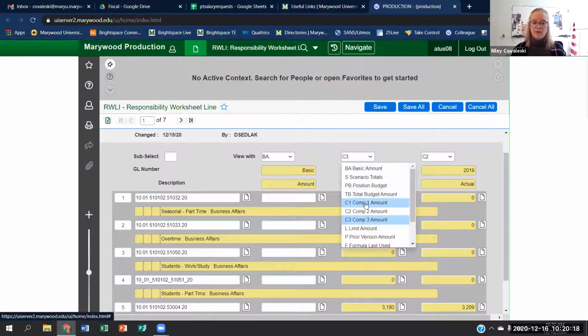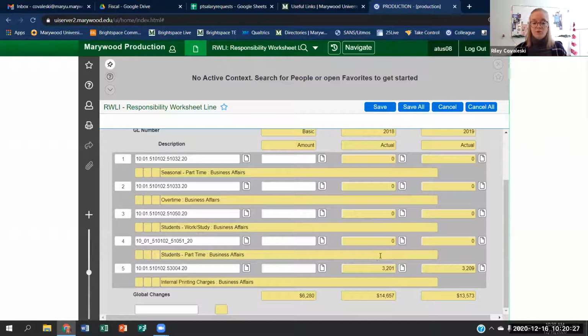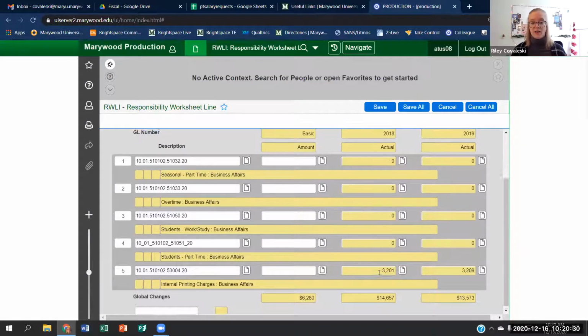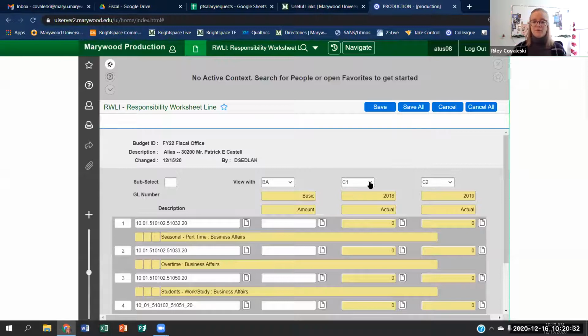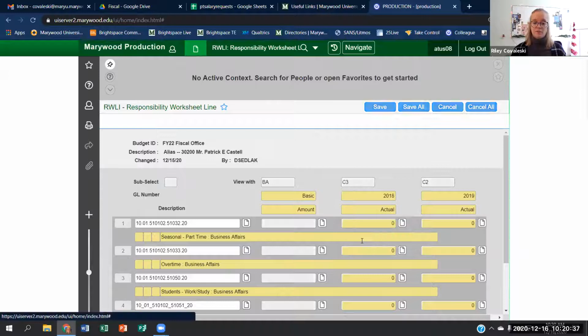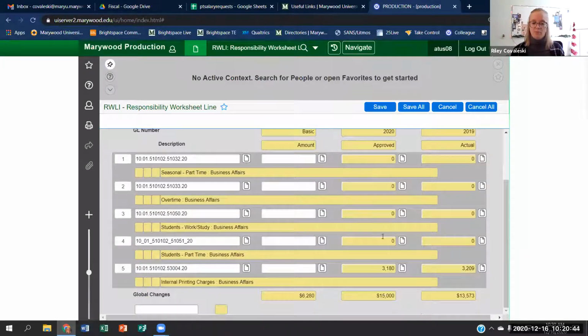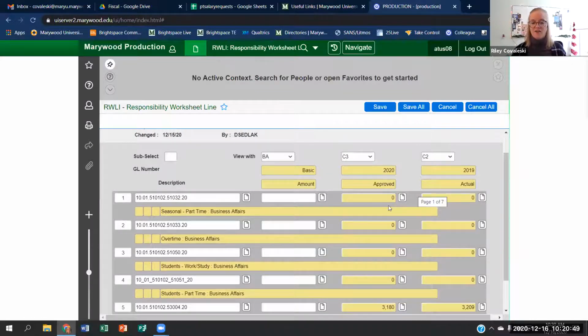So typically the default it goes to is C1, which refers to fiscal year 2018. So at that point, it's a couple years back. You can still see the numbers that were requested in that year, but what I usually prefer is to change this by clicking on the little drop down and changing it to C3, because that refers to the current fiscal year. So we can see this year that's happening right now, what numbers were requested, and then you can kind of just either base it off that or kind of get a better idea of what was requested over the